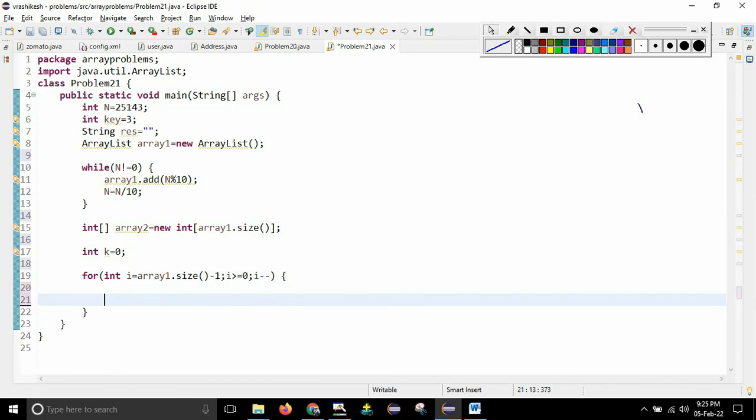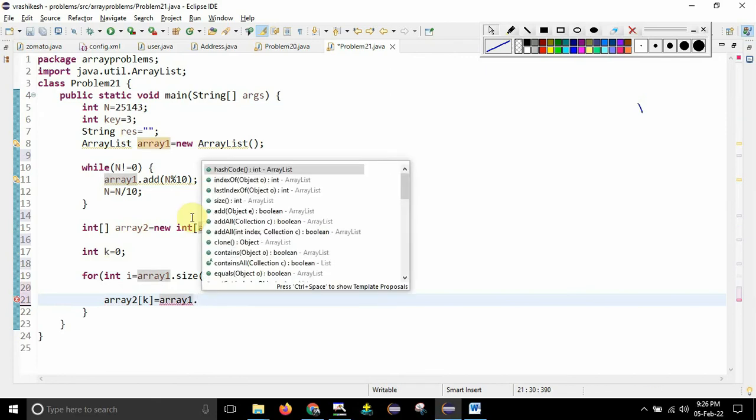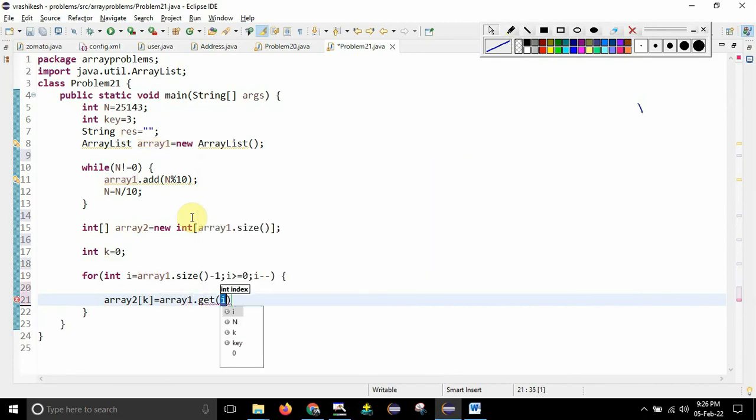So here what I will be doing is array2 of k is equal to array1 of something. I need to get that element, right? So I will write array1 dot get method, and get of i. Basically, whatever the element is at the ith position, you need to take.